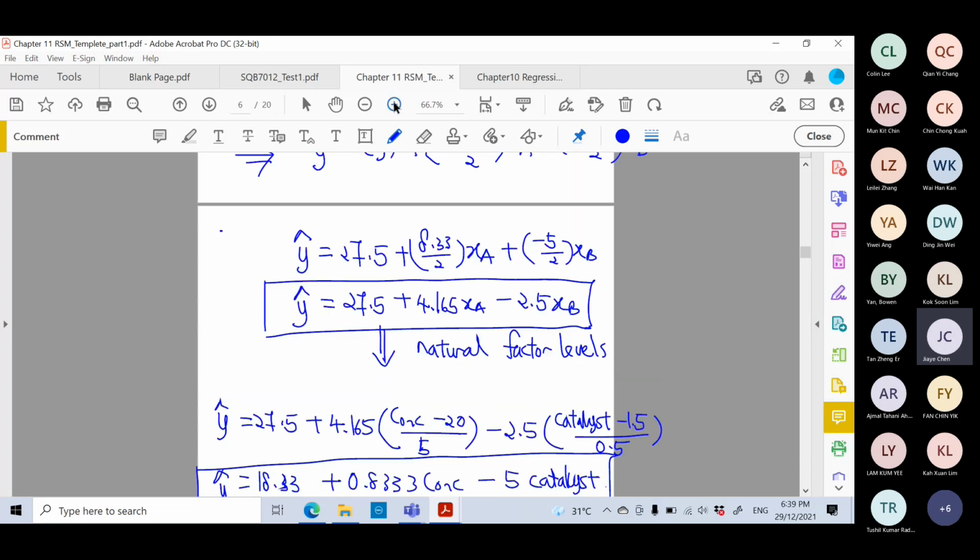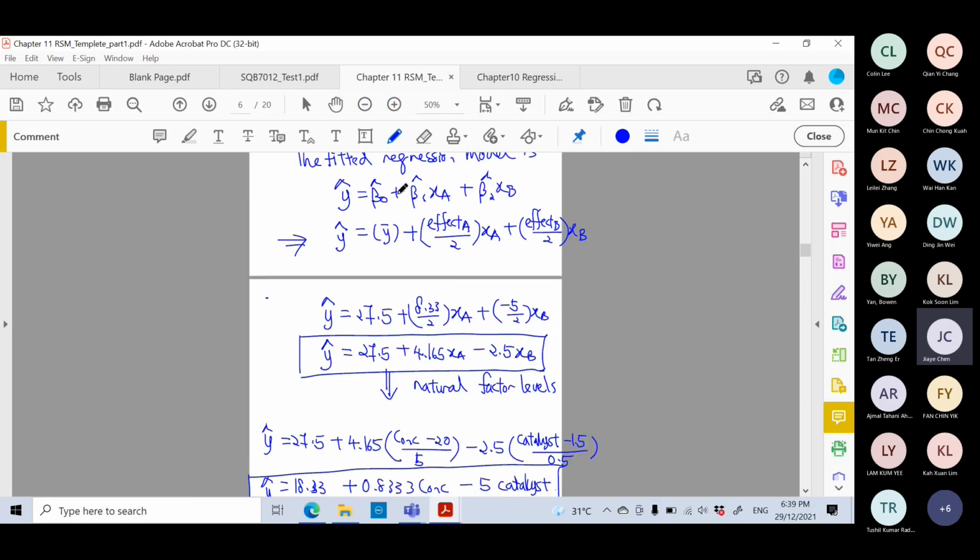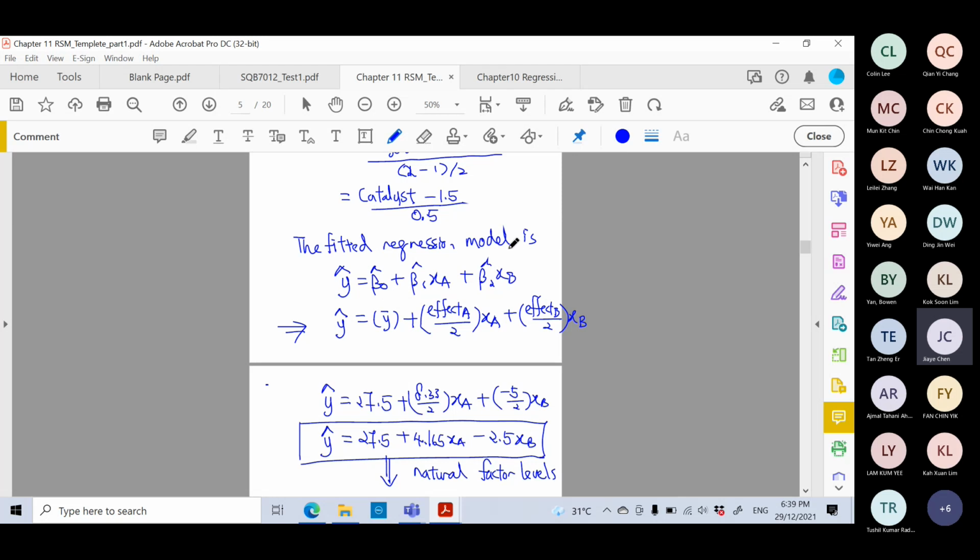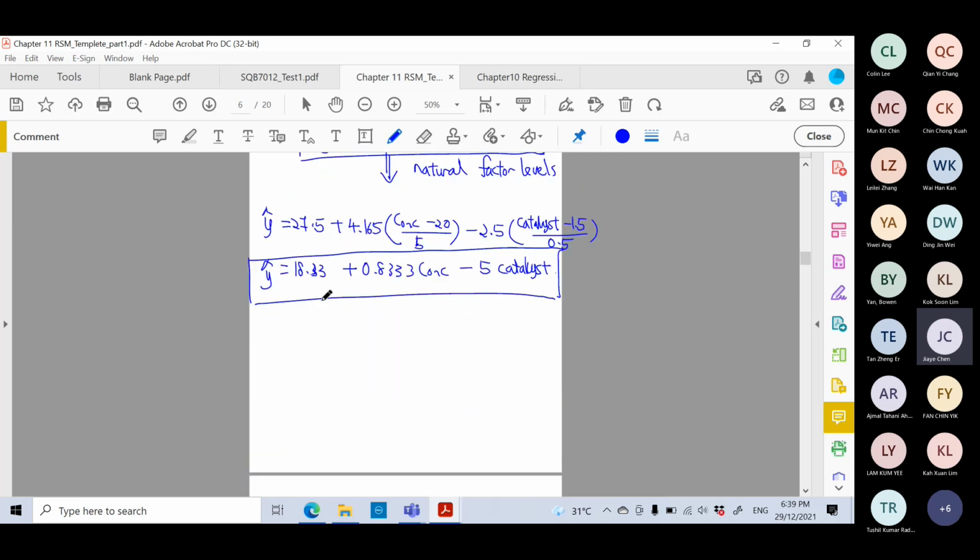Okay, so this is what you have if you want to do the fitting of the linear model with just the main factors. Of course, you can have another option if you want to find your fitted equation. Then you can find that beta hat will equal x prime x